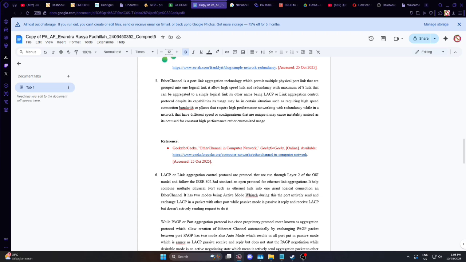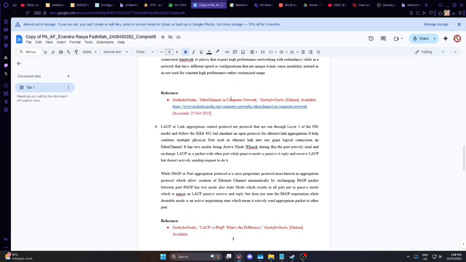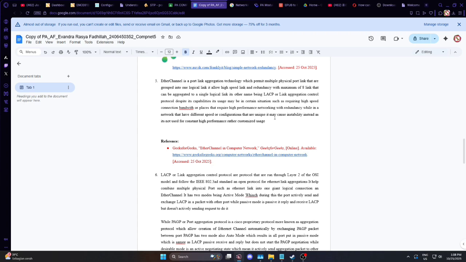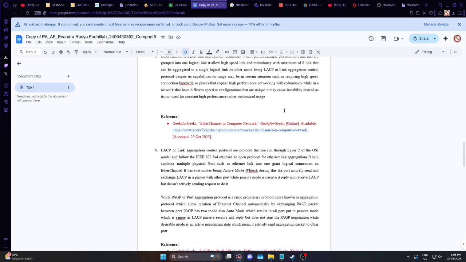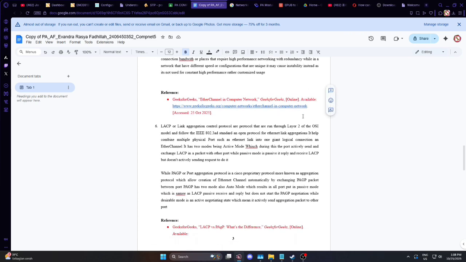It can be used for a lot of things, but specifically for something that requires high speed or bandwidth. Other than that situation, it's recommended to not use it, especially if you have different speeds or different performance. Then I recommend not using it because it may hinder your purpose of using that network.